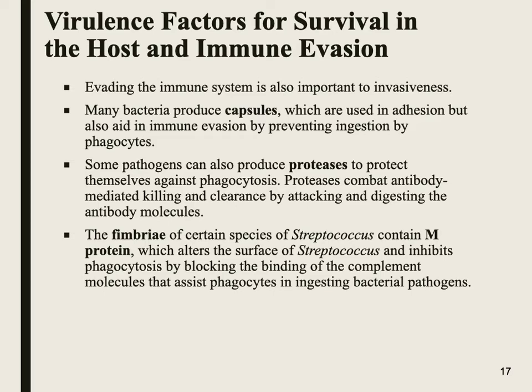So our first example is looking at capsule. The capsule is a coating around the bacteria, and this actually makes it tough for phagocytes, immune cells, to attach and engulf pathogens, bacteria. And so when we see bacteria producing capsules, it correlates to them being able to evade the immune response. Some pathogens will produce proteases that are either capable of killing immune cells, or